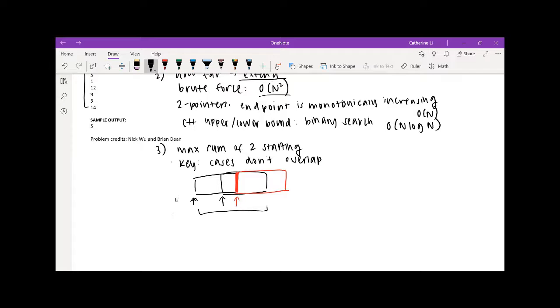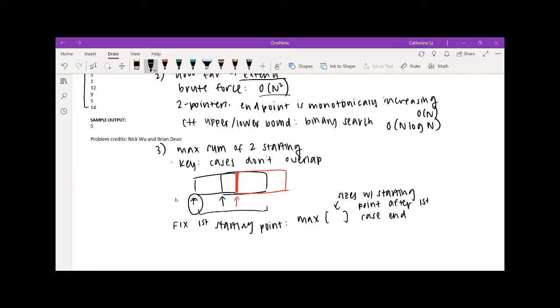Yeah, so now what we do is we fix the first starting point. So in this case, that would be this one. And if we fix a starting point, then all we have to do is take the maximum of the sizes with starting point after the first case's ending point. So yeah, now we have to do this. As you can see, there's a few sub-problems in this problem. So if we have to take the maximum of these,